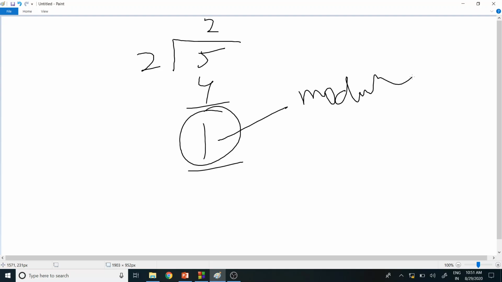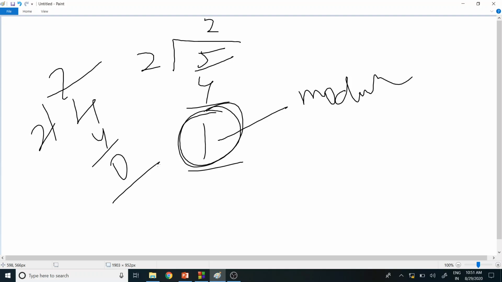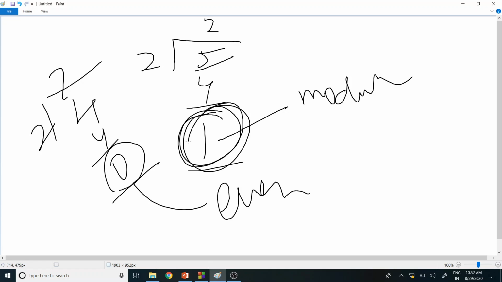By doing the modulus, if you get 1, then the value is odd. Say I take a value as 4, then 2 times 2 is 4, and the result will be 0. In case the modulus value is 0, then the value is even, whatever the user value is. And if the result is 1, then the value is odd. So this is the logic we're going to proceed with for odd or even.